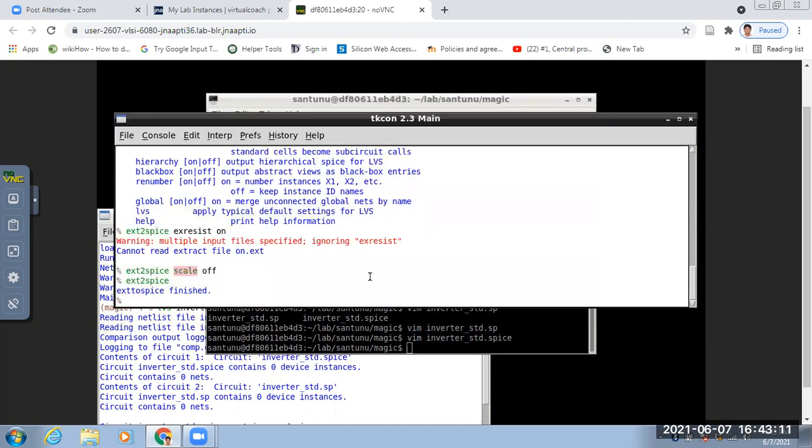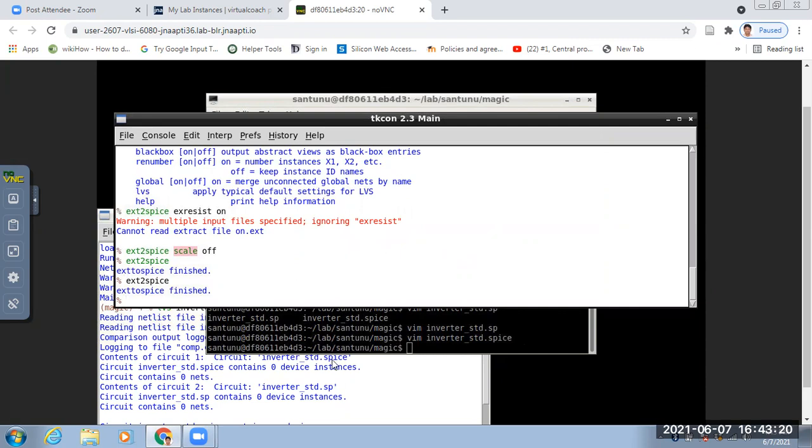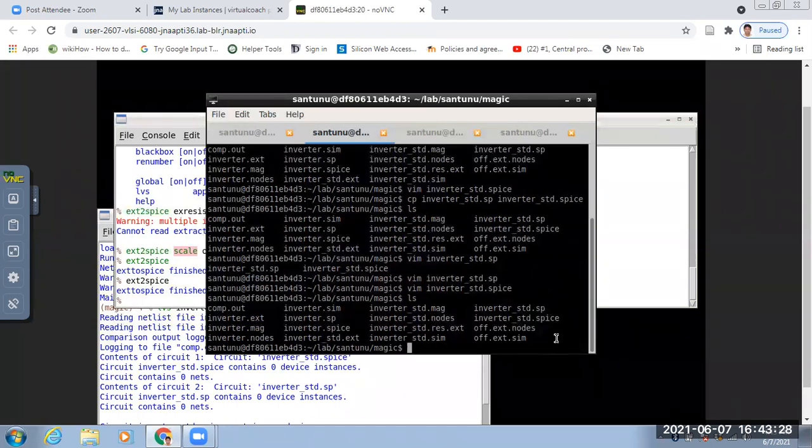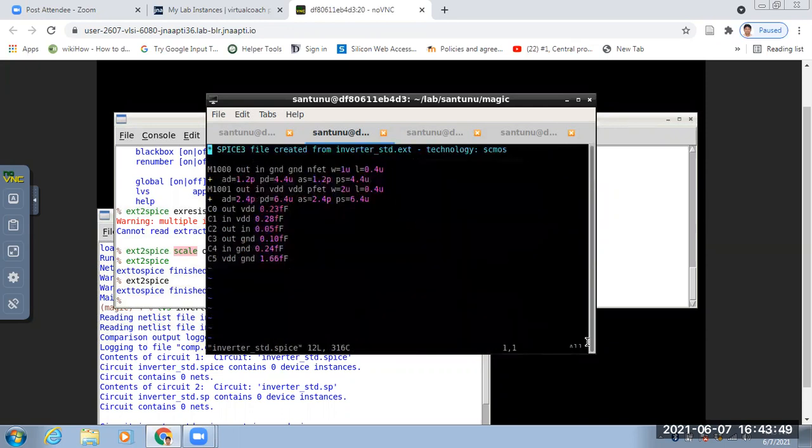So here x2 spice. Okay, so now we can check with less. So vim. Yeah, so it's coming.